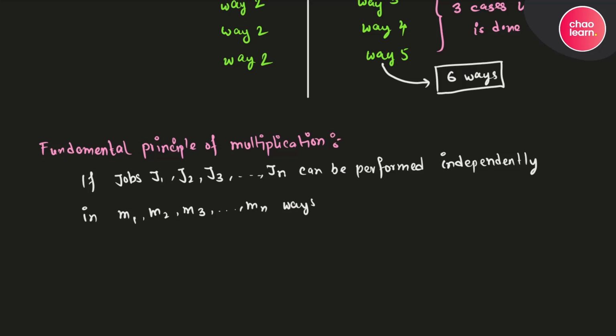So if J1 can be performed in M1 ways, J2 can be performed in M2 ways, J3 can be performed in M3 ways, all up to Jn could be performed in Mn ways, then all jobs can be performed in succession